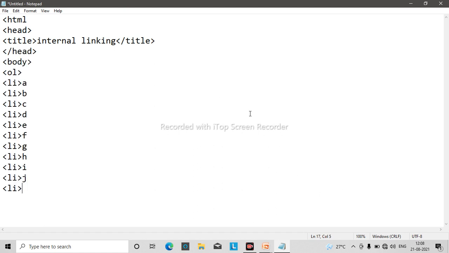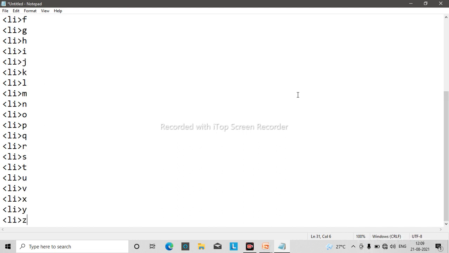You do not have much time to write so many things, so let's write it like ABCD. I am writing it, you also write that. We are done with this. Now we have closed OL. Now we will close the body, and then we close HTML also.